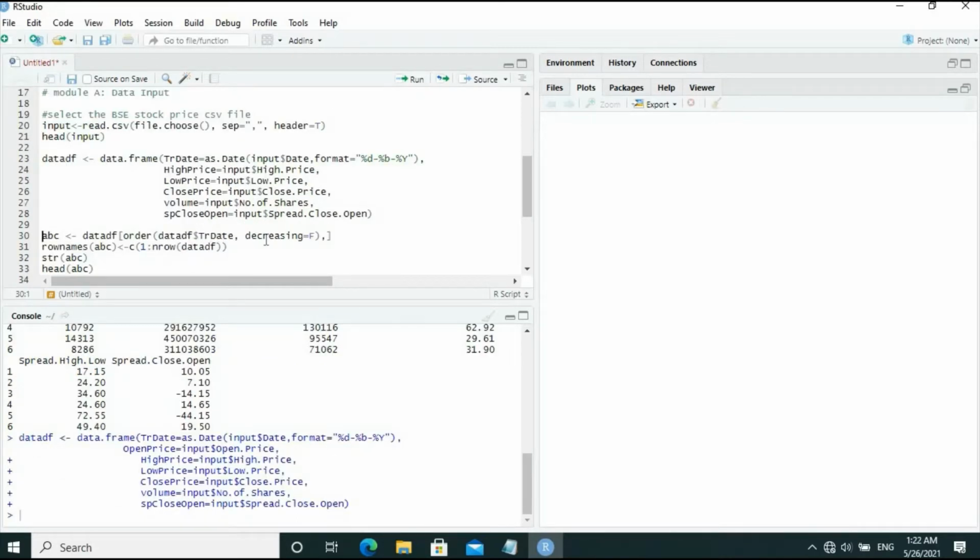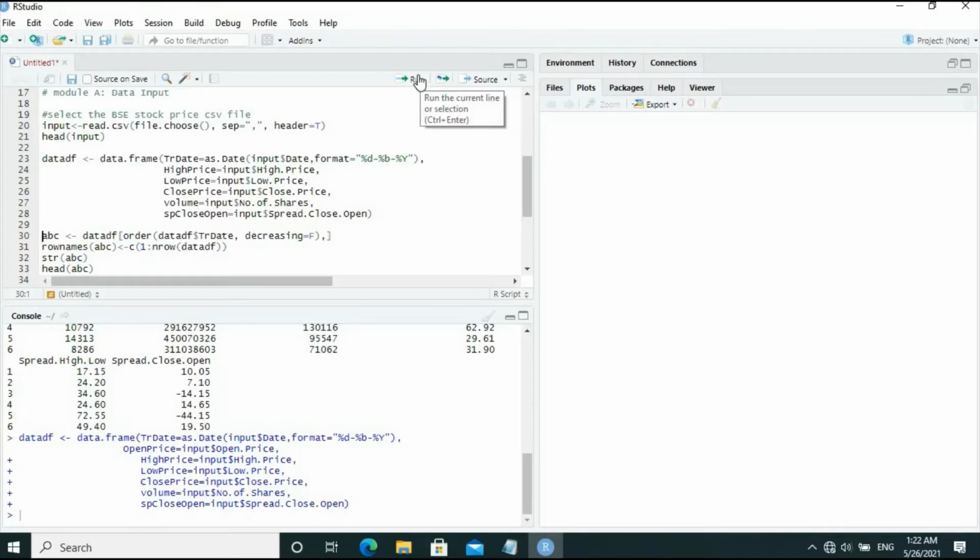And then let us reorder the data df data object in the increasing order of trading date by giving decreasing equal to false, and store the data in data object ABC, and assign new row names to ABC since we have changed the order of the data object.